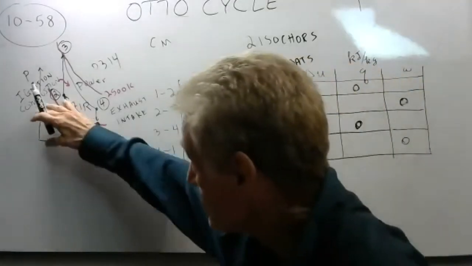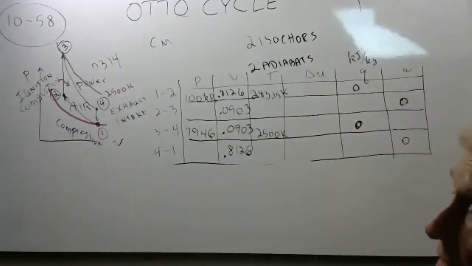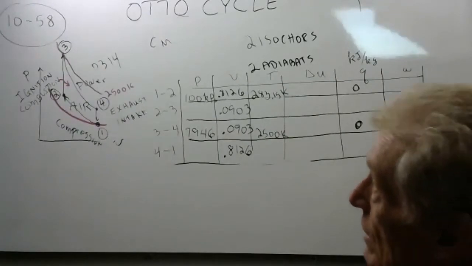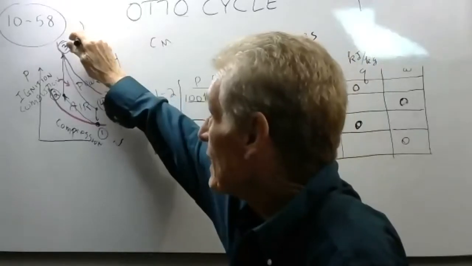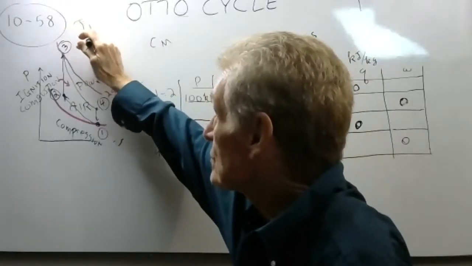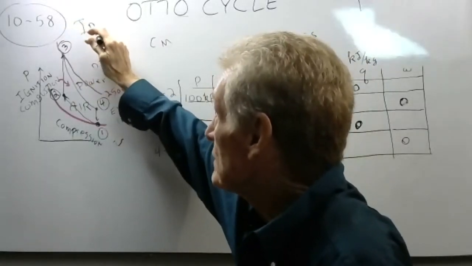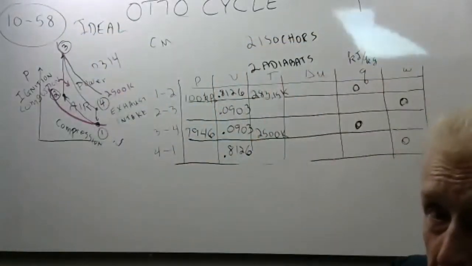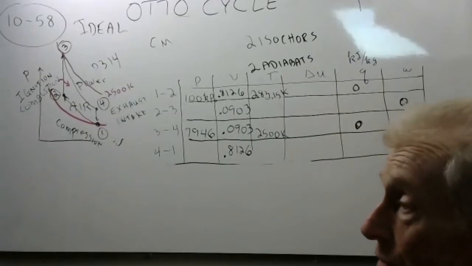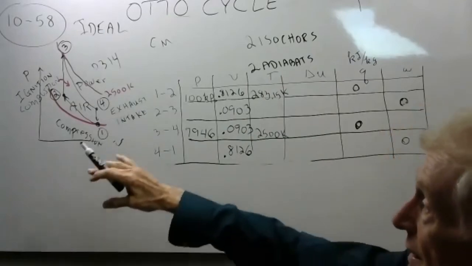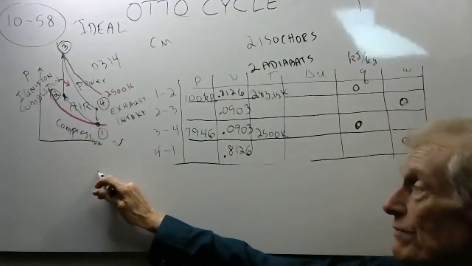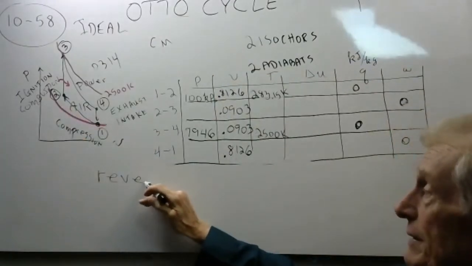Going from 1 to 2 is an adiabat. Now, this is an ideal Otto cycle. It's an ideal Otto cycle. And what we're pretending is that we have reversible adiabats there. If you have a reversible adiabat,